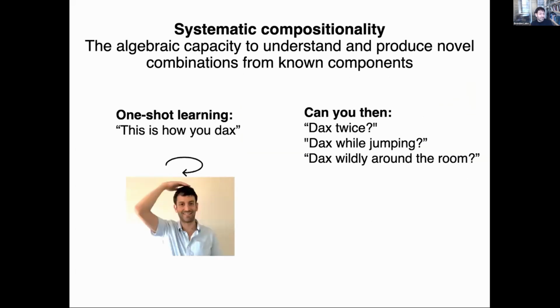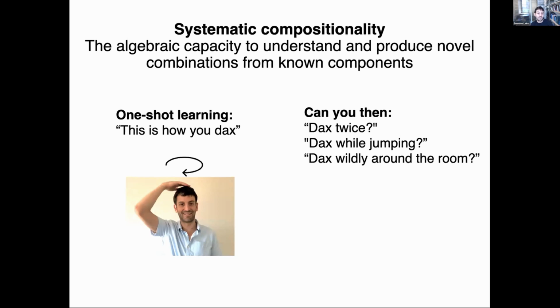And I'm interested in the behavioral consequences in particular, as maybe a slight contrast with Ellie. So I'm going to give you a behavioral demonstration. Imagine I teach you how to DAX, and maybe I'll even give you a live demo. So this is how you DAX, all right? Now, can you DAX twice? Can you DAX while jumping? Can you DAX wildly around the room? So due to your compositional skills, you should be able to understand and produce the appropriate set of actions to